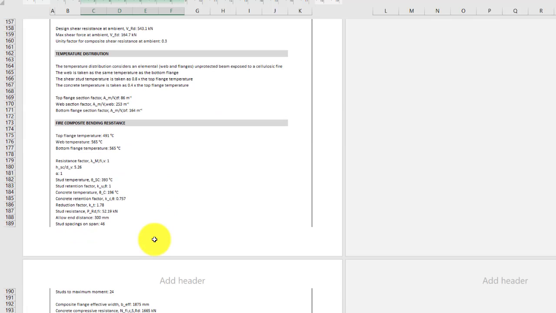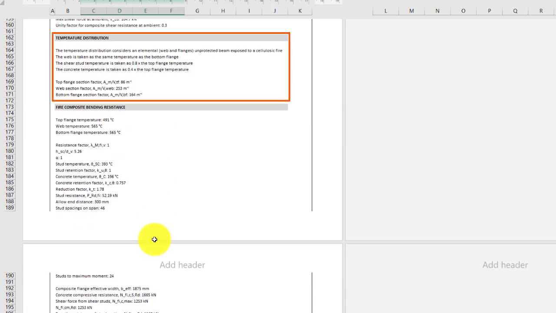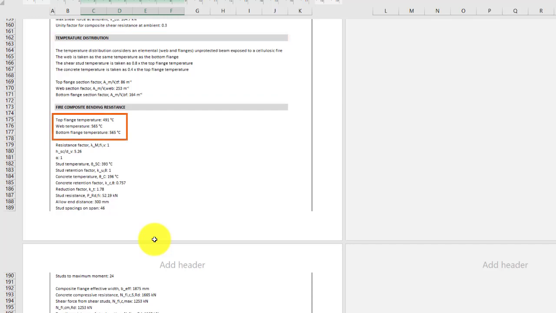Quantifire assumes an unprotected beam and heats the web and flanges with respect to the standard fire, until a structural failure occurs. Here we can see that the top flange is at 491 degrees Celsius, and the web and bottom flange are at 565 degrees Celsius. EN 1994-1-2 permits the web temperature to be the same as the bottom flange when the beam's overall depth does not exceed 500